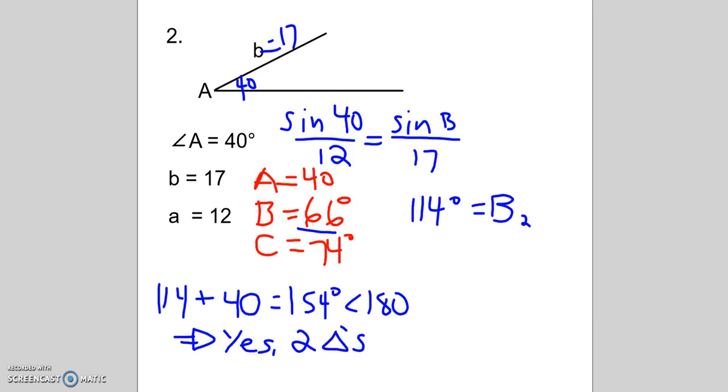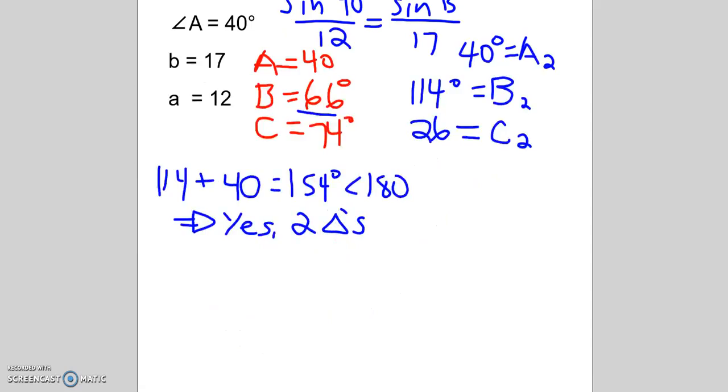Okay, so here we have B2 equals 114 degrees. So let's find the other ones. So we know that A2 is still going to be 40 because that's given to us. And then in our second triangle, angle C2 is going to equal 26 degrees. Okay, so now we have all the angles for both triangles, and we need to figure out the side lengths